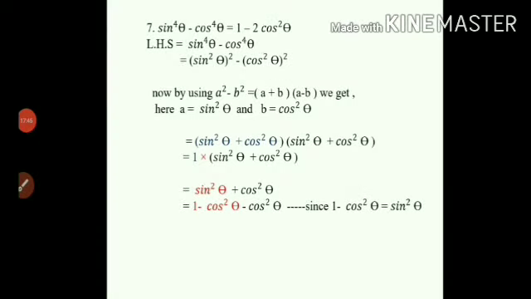So cos²θ remains the same. Now there is one correction, see, the sign will come minus: sin²θ minus cos²θ will come, because plus into minus is minus. So now we have 1, we are keeping as it is, minus cos²θ minus cos²θ, means minus 1 and minus 1 is minus 2. So 1 minus 2cos²θ. Check the previous step: sin²θ plus cos²θ, it will not come plus, it is minus, sin²θ minus cos²θ. So now we get the proper proof.